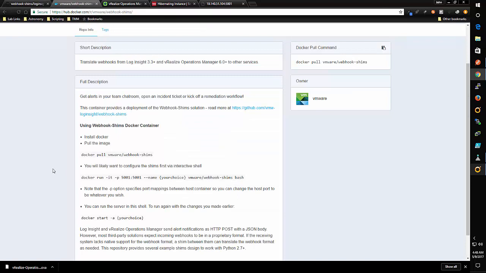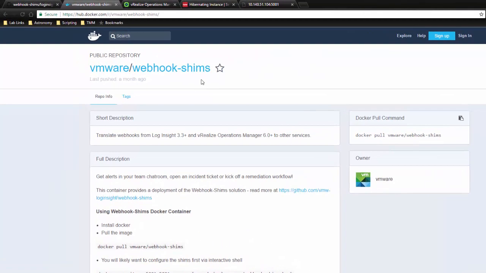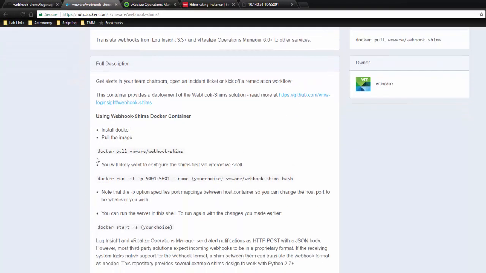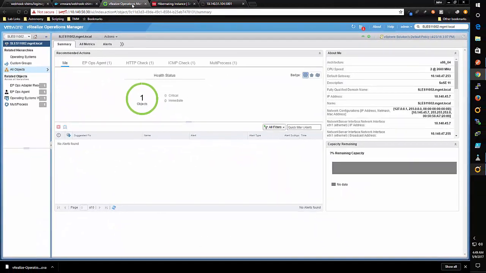Now I mentioned Docker. So out on the VMware Docker Hub, there is a Webhook shims Docker image, and the instructions on how to pull it and run it are here, and these are the instructions that we'll follow. So if you ever get confused on what to do, you can just come and look here. You do need Docker installed. Docker can be installed on any Linux platform. Again, Photon would be something that I would recommend, but you can also run it on Windows. Windows 10 is supported by Docker as well. Okay,